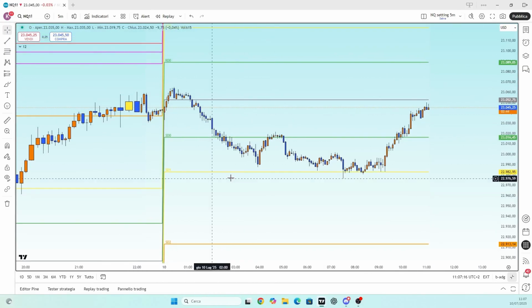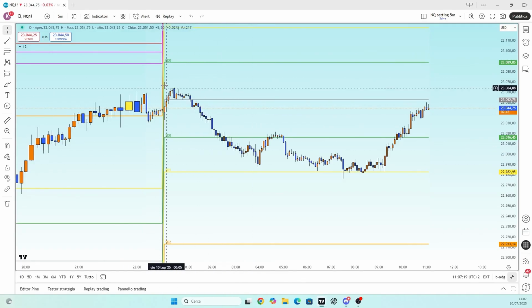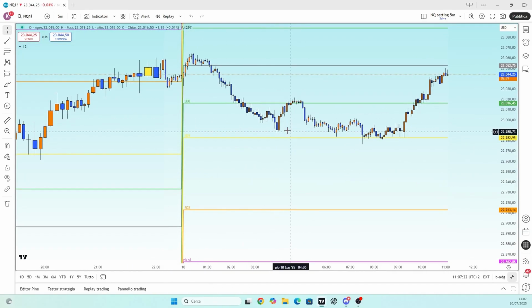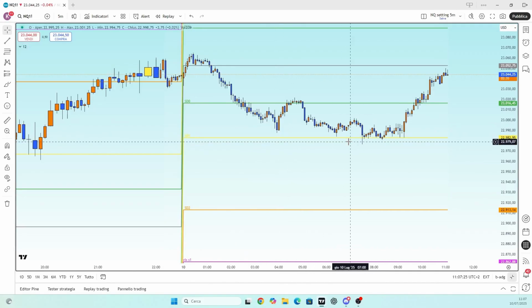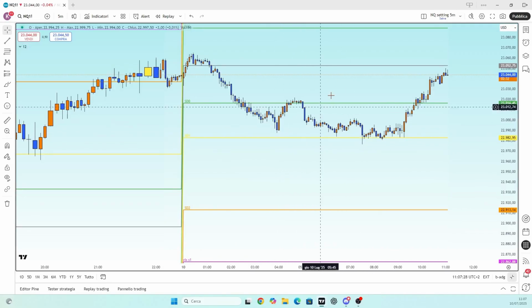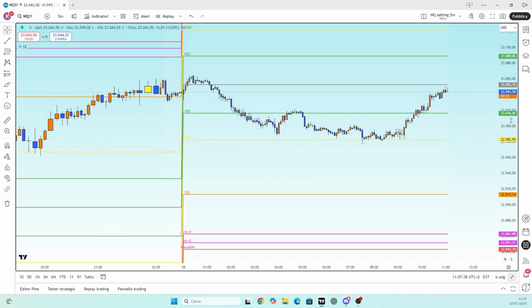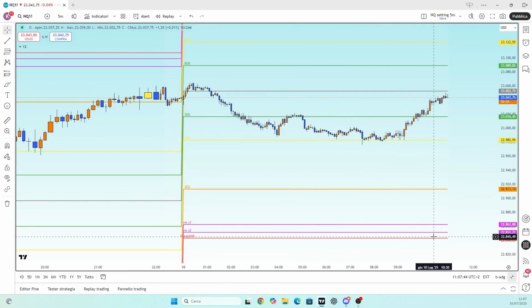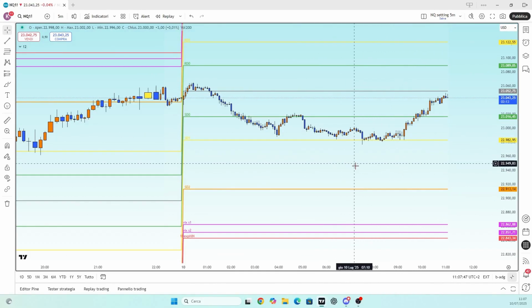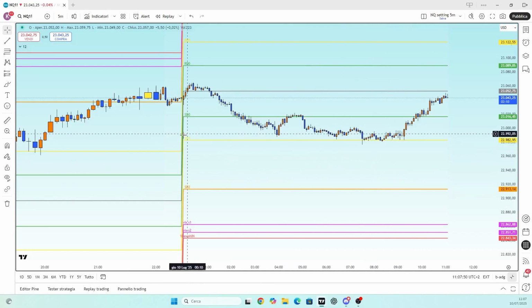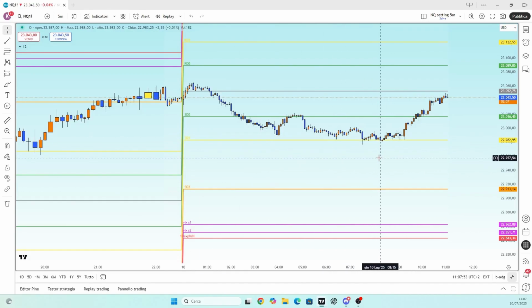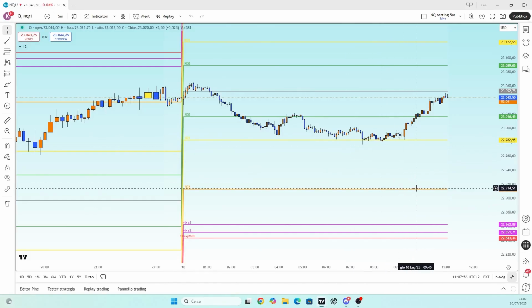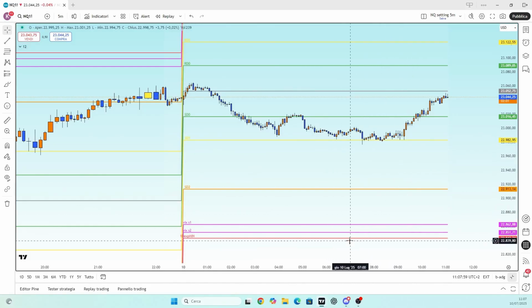For example, if today the market had continued this downward move and hadn't stopped at SD1, and maybe if we had tried to go long from that level, we would have had to stop out because the market kept going. We would have paid the price, the cost of our information to the market, which was telling us that the initial daily range had probably been broken and that the trend would likely be more downward. Then we could have looked for short entry opportunities when the SD1 level was tested from below, aiming for targets that could be SD1 or even lower areas, depending of course on the volatility at the time, the